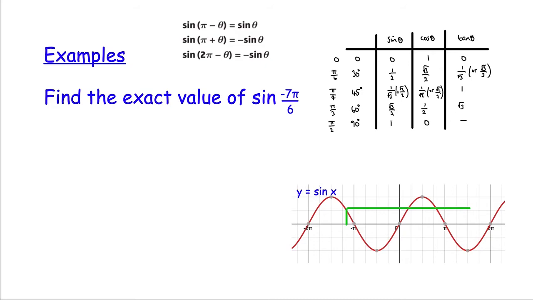The next thing I'm going to do is remind myself that sine of theta is the same as sine of 2 pi plus theta. Remember that sine graphs repeat every 2 pi radians because it's every 360 degrees. So if I go through one cycle, that will get me to this value here, and that's 2 pi after this value. So what will this value be? What pi value will this be? Minus 7 pi over 6 plus 2 full pi's